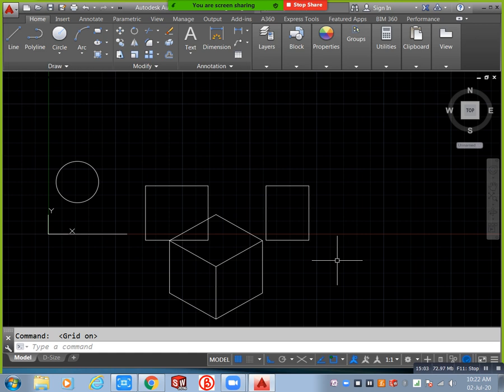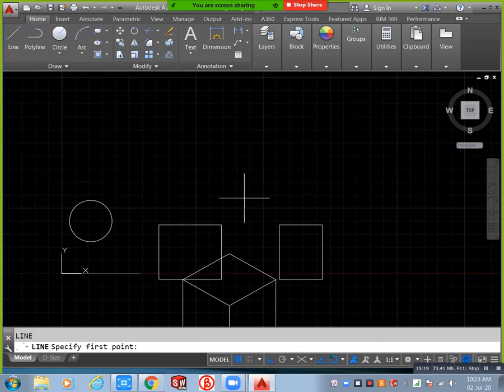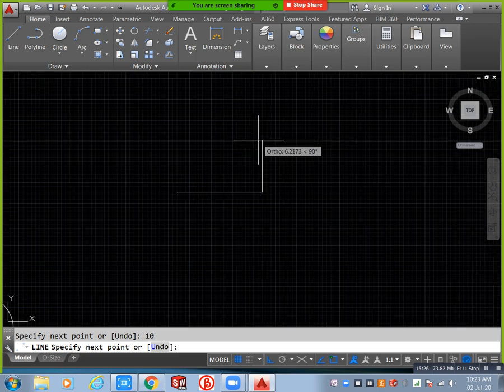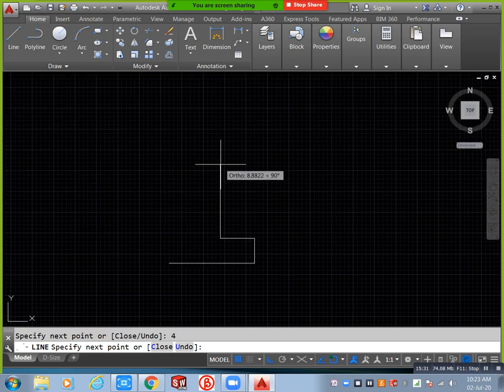First of all, you enter L in your command box, then you can turn on your F8. Already this F8 is in on condition. Okay, you can specify where you need. For example, I need one Z shape or L shape or T shape, 10 for example. Above side I need 3. Okay, this side I need 4, and this side I need 10, and this side I need 2. Again this side I need 10. Okay, this side I need 4, and this downside I need 3. You can apply like this. You consider like this.